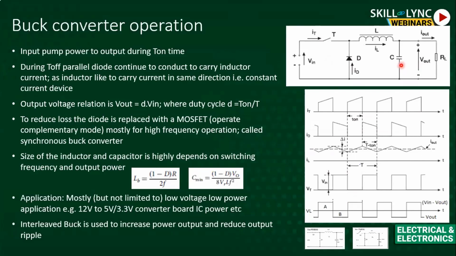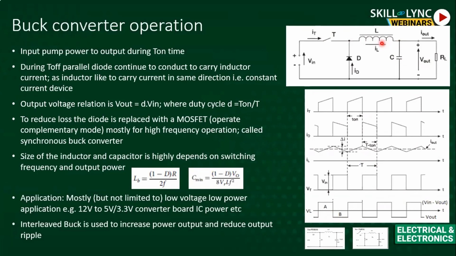In that case, there is a formula that voltage times time over a period should be zero. So the area A is nothing but (V in minus V out) times the on time, because during this time the voltage across the inductor is input minus output, and this is the T on time. That's why it will be multiplied with T on. And this B section is nothing but the V out.